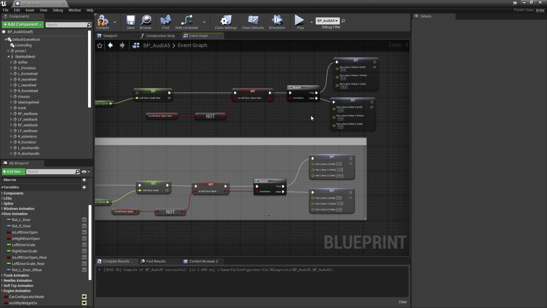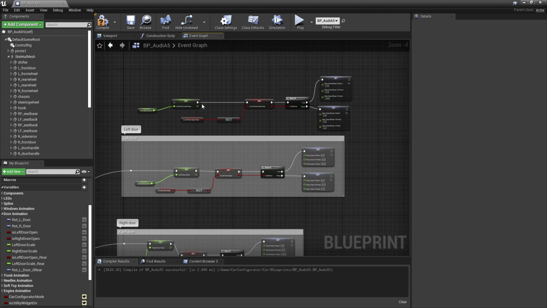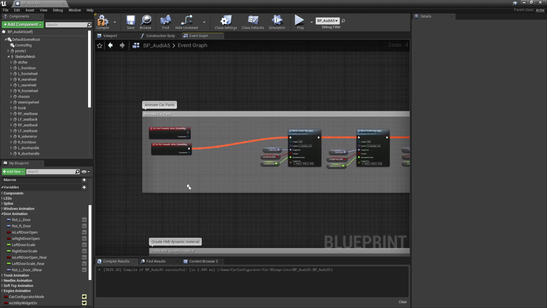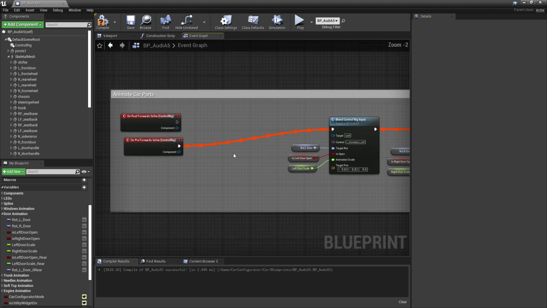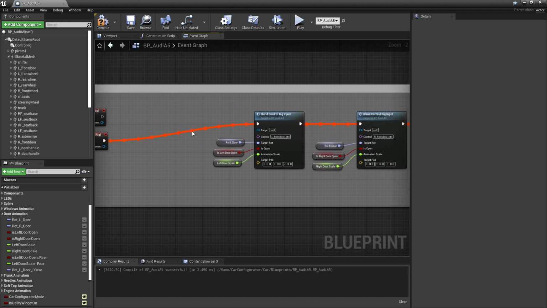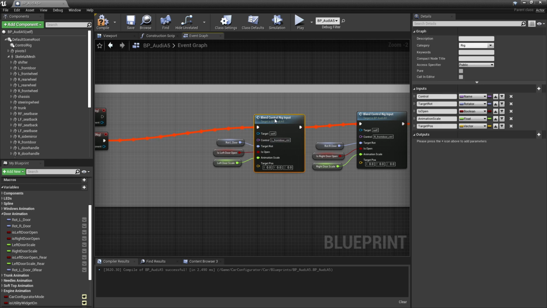So the next thing that we want to do is, now that we've got our little logic that's going to basically set our two different rotational values, we want that to drive the control rig that's going to carry those static meshes along. And that's done in a slightly different area. So if we pan across over to the side, you can see there is this Anim car parts section. And this is doing the pre-forward solve. So you can see that this is constantly running, and it's grabbing the control rig, so the left front door control. So we're going to take this and we're going to duplicate it.